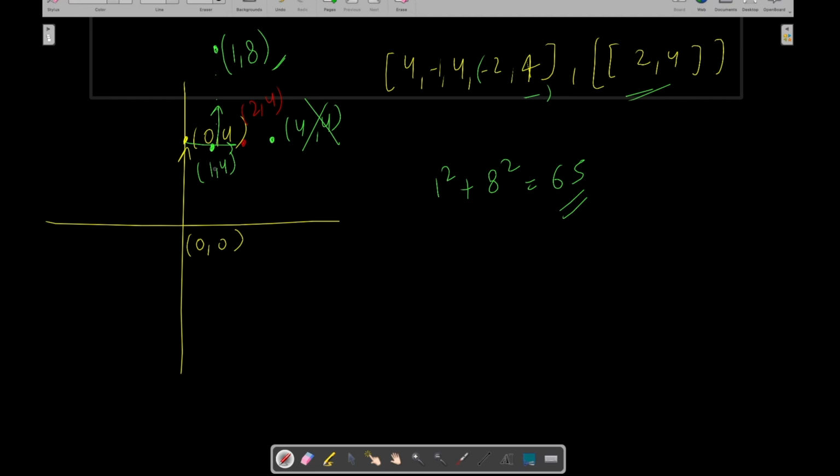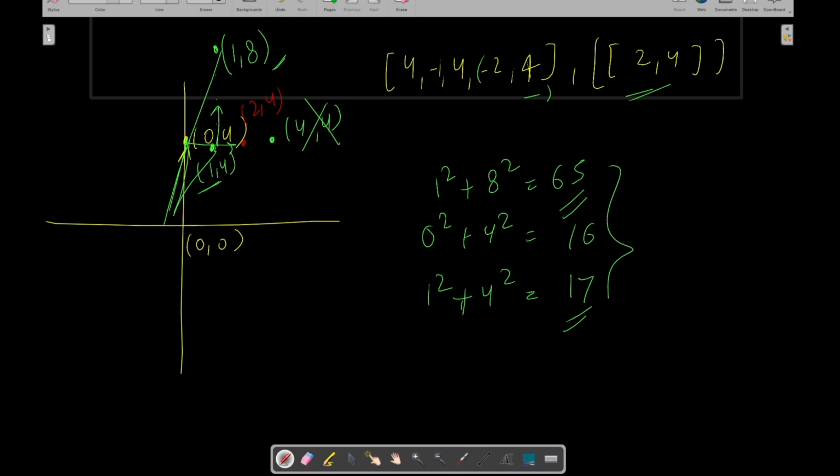right? Or we can just say that we need to take the maximum of all of these. Like initially the robot is at 0 comma 4, so 0 square plus 4 square, which is 16, and then in the middle the robot is at 1 comma 4, so 1 square plus 4 square is equal to 17, right? So we can take the maximum of all of these distances, and the final answer will be the max of